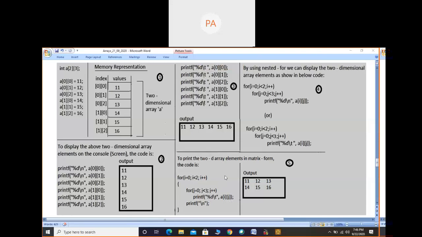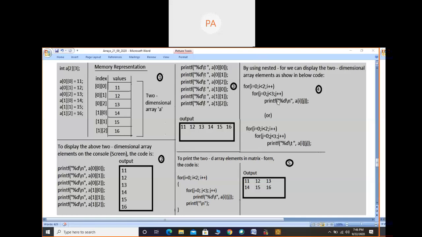So here I have indicated the numbers in circles so that from where to where we have to consider in sequence. So one, two, three, and the fourth point I didn't explain. The thing is, instead of writing 5 printf statements in case of backslash n and backslash t, by using 2 for loops, we can write it.